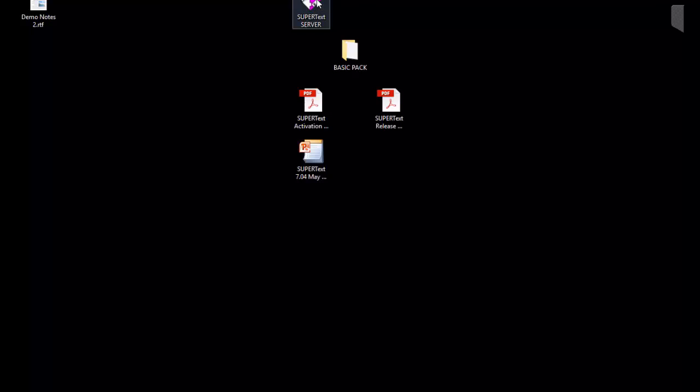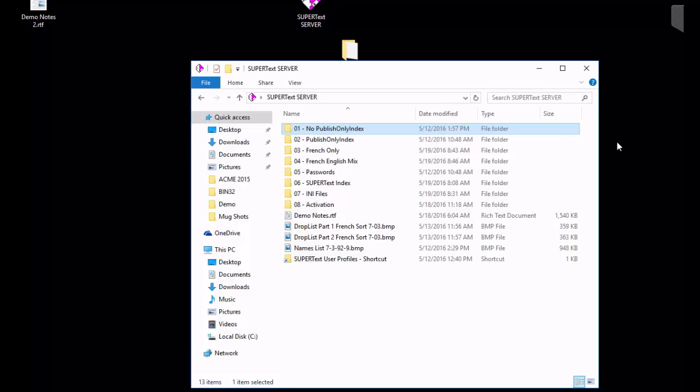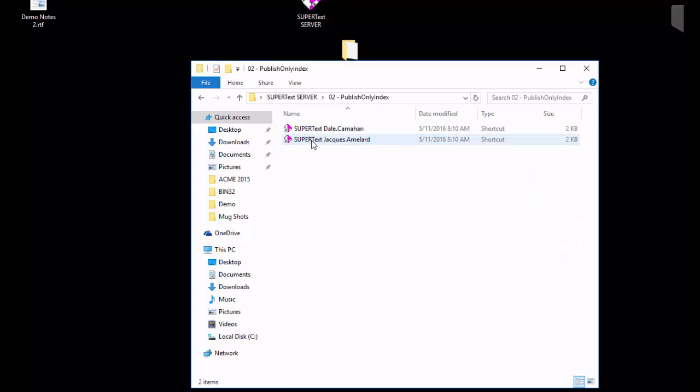more control over the Select Indexes dialog. Now this is specifically for SUPERText Server, so Workstation hasn't changed in this regard, Workstation versions of SUPERText. If I'm in an environment where I have published one or more indexes to my users,